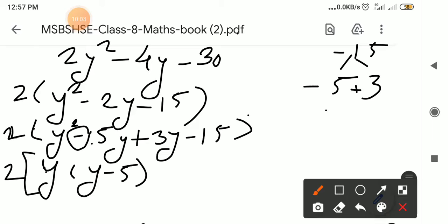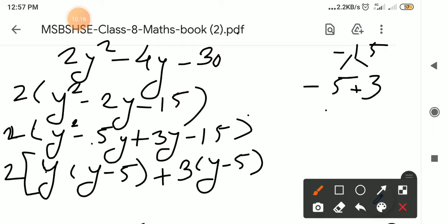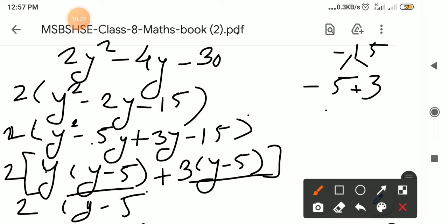So if you see here, you will notice that both are negative signs, so a plus sign will come here. The signs are the same, so we have to take plus here, and 3 is common, and here y minus 5 remains. So y minus 5 is the common bracket, to be written as it is, and then y minus 5 and y plus 3. Okay, so this 2 is there here for the multiplication. So your answer may be here,